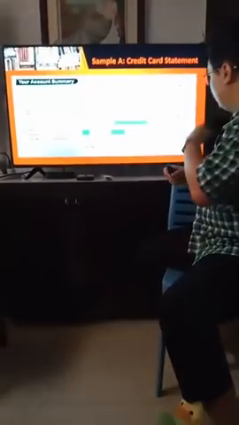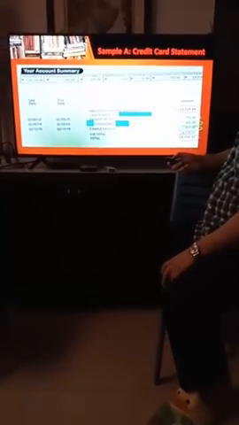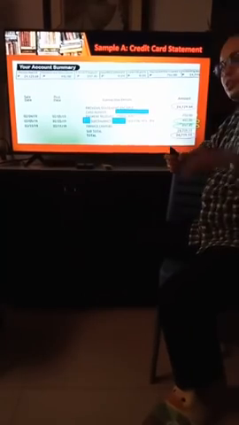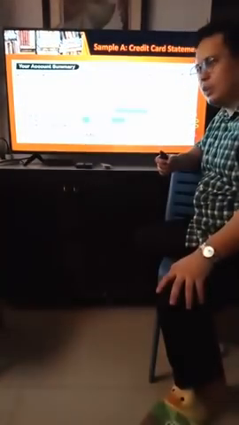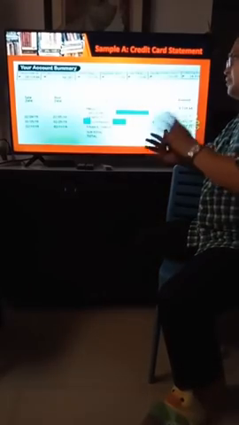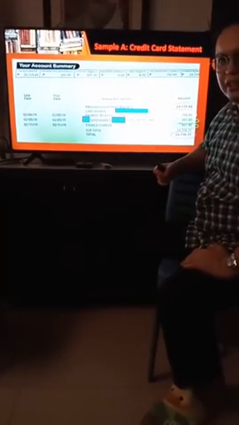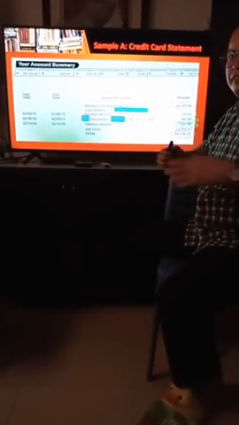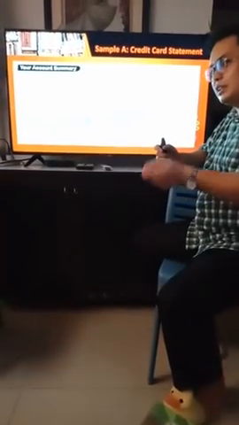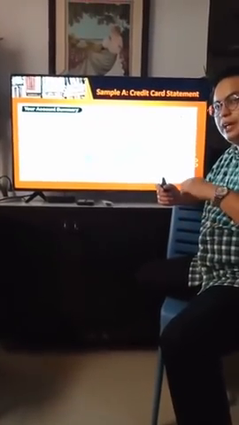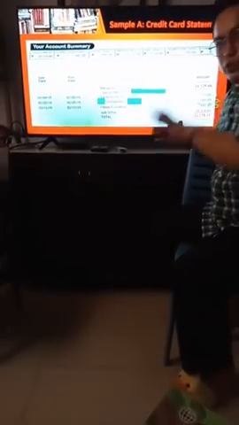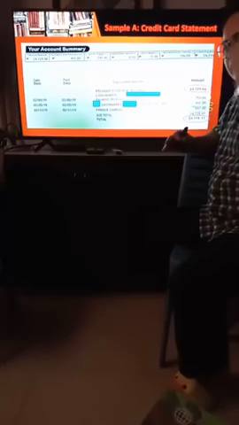So let's look at the elements. If we look at the S, situation: in what context is the credit card statement given? It is given at a certain period in a month, let's say the 15th, the 30th, etc. It is given to the client so that the client in turn will be able to pay his dues. So that's the intention behind it, and the purpose is to make the client pay the dues. So we already have S and P.